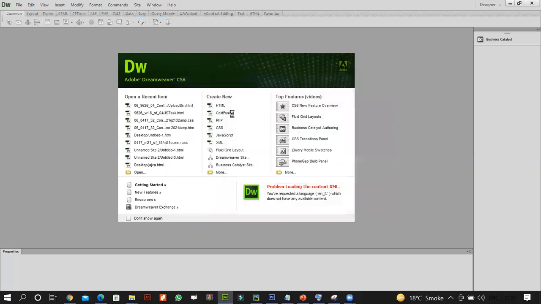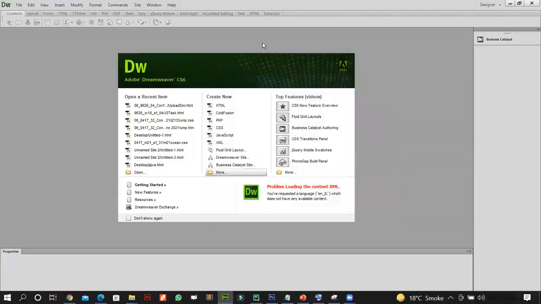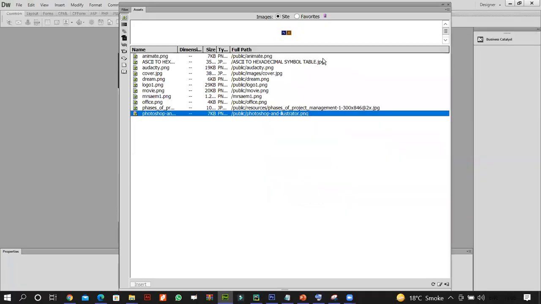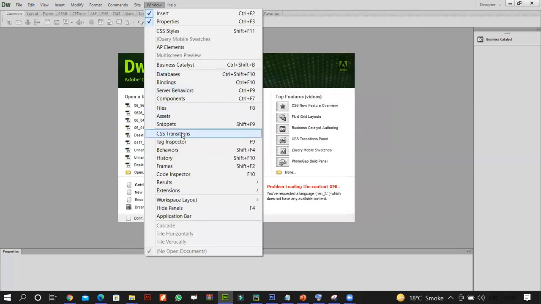Since you were discussing it, FTP is an FTP client. You have to enter the login details. I already have, actually. You can see over here, if I come into files, I'll just show you. If I come into, oh, not assets, sorry. Let me just show you. If I come into